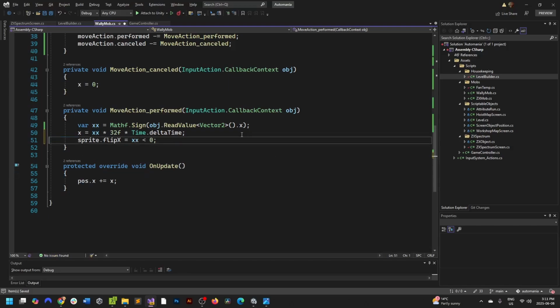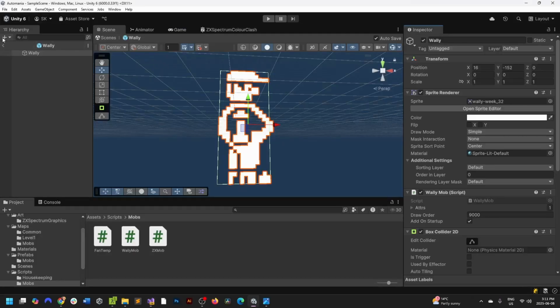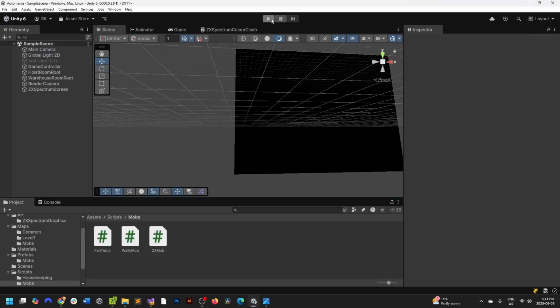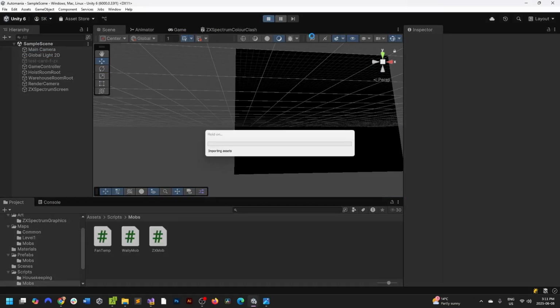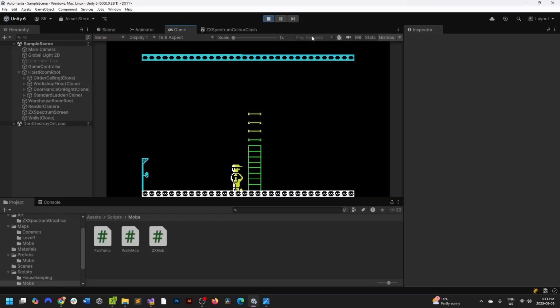So if we're less than 0, then we want to face the opposite direction, just to make it look a little bit nicer. Because right now we're facing the rightmost direction, but if we're moving left, yeah, there we go. Although it is flipping across that way there,